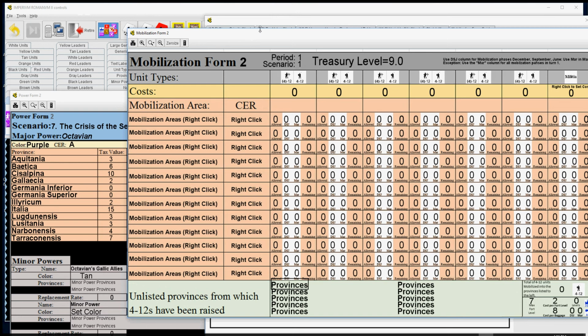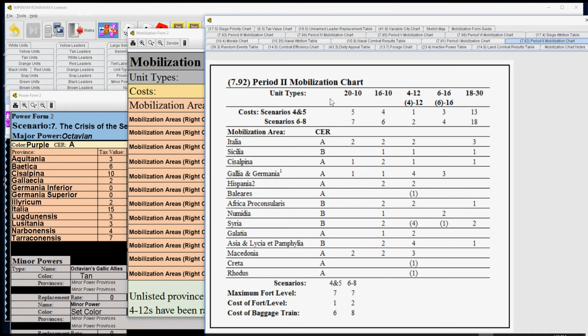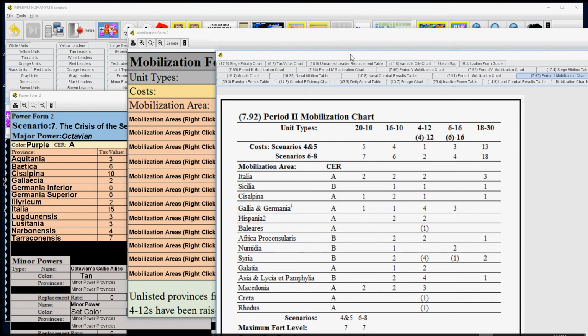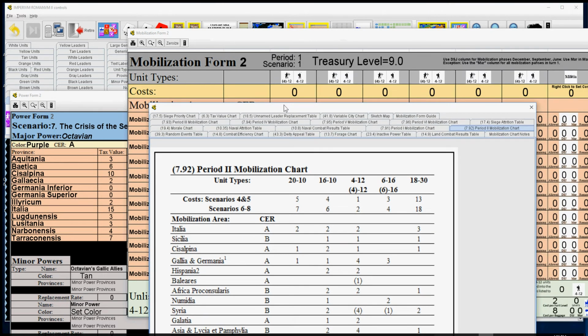So let's look up here at the top now, and these are the units that are available for period 2. So to give you the redundant but obverse side of that statement, if a unit exists in the game box but it's not listed here, you cannot purchase that. So we're going to start here and start assigning